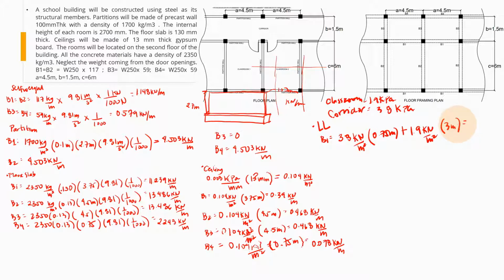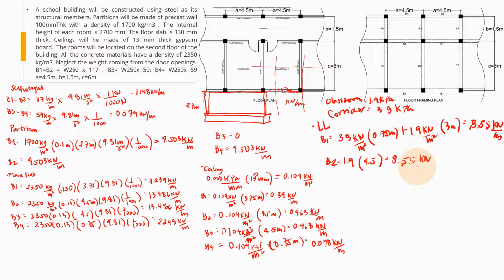So yung beam 1 natin is equal to 8.55 kilonewton per meter. Then for our beam 2, sa beam 2 natin, nasa loob siya ng classroom. So yung tributary width natin is 4.5, and then we will be using the live load of the classroom which is 1.9 kilopascal. So we have here 1.9, multiply lang natin yung tributary width which is 4.5. So it is equal to 8.55